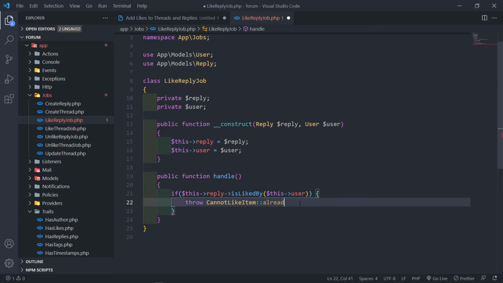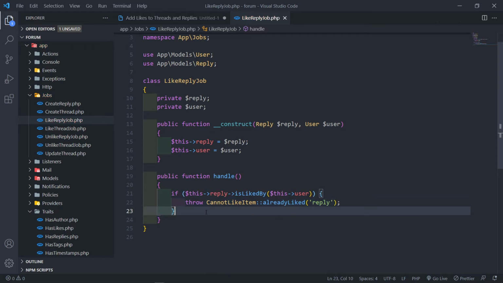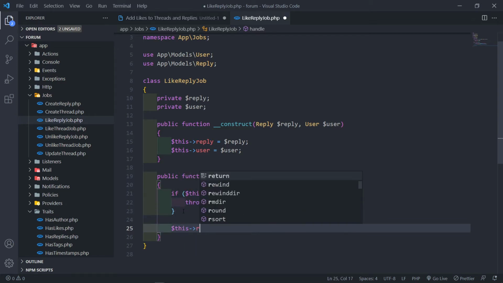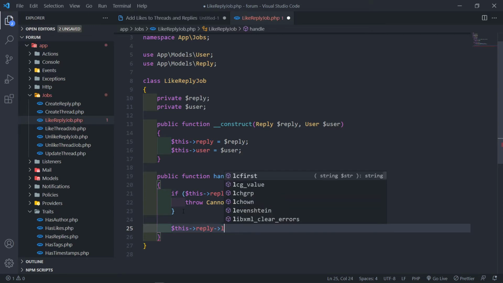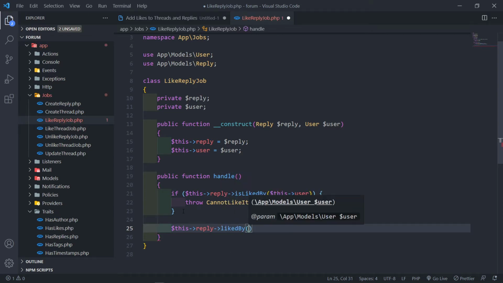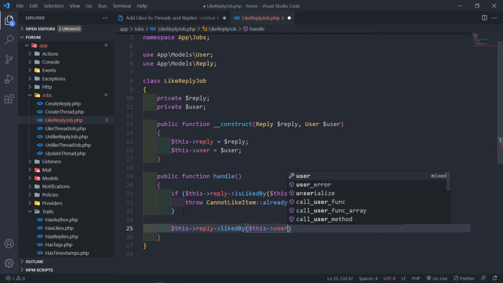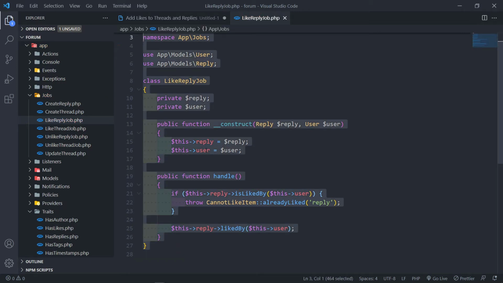Already liked. Okay. We obviously haven't created this yet. All right. So we need to create this exception. So if this reply is already liked by this user, we must throw this exception right here. If not, then we're basically going to say this reply liked by, then we're going to pass in this. Quite simple, isn't it? All right. That's it. That's all